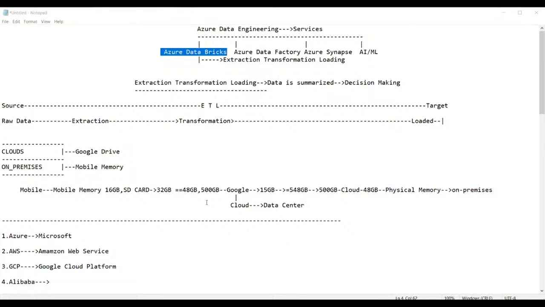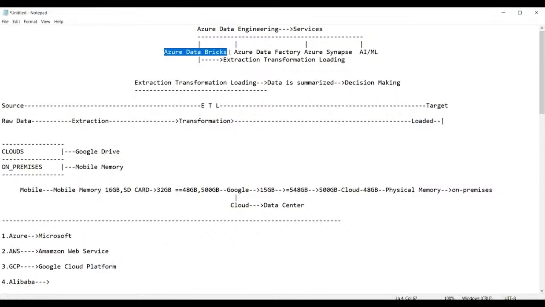Azure Data Factory and Azure Databricks both are used for the same process. But in Azure Databricks, you use a character user interface, where you need to use different languages: Python, Scala, R, and SQL.